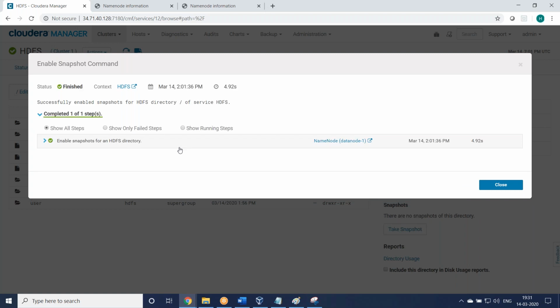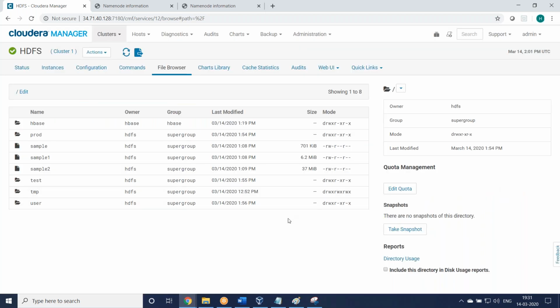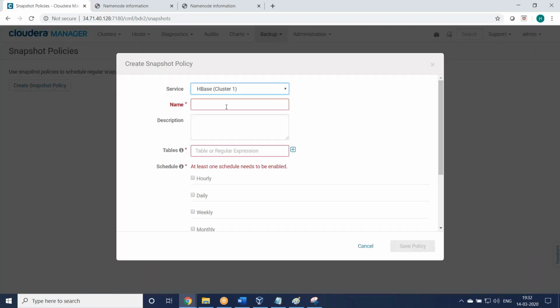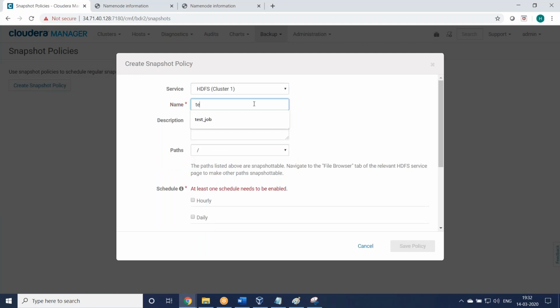The snapshot theory, practical we can see later also. Okay, but I'm just enabling snapshot enabled. So go back, snapshot policy, create a snapshot policy. So name, you can give test data copy.